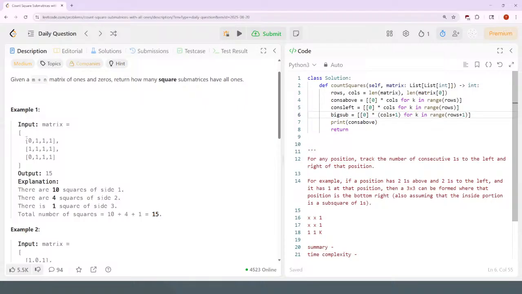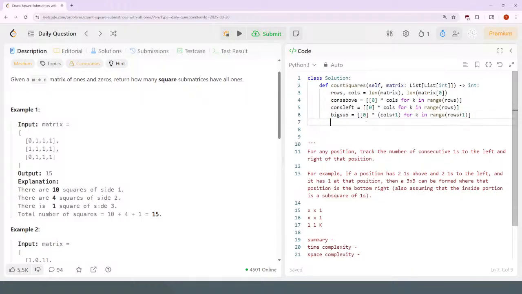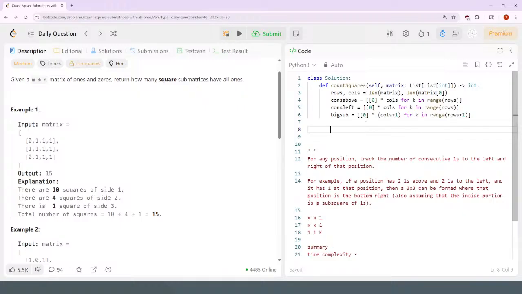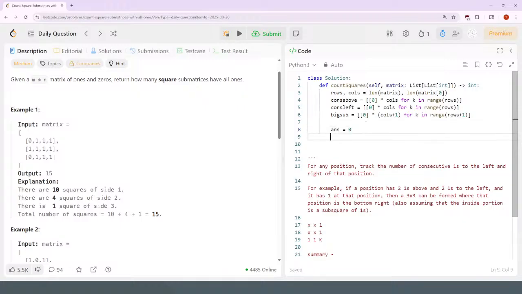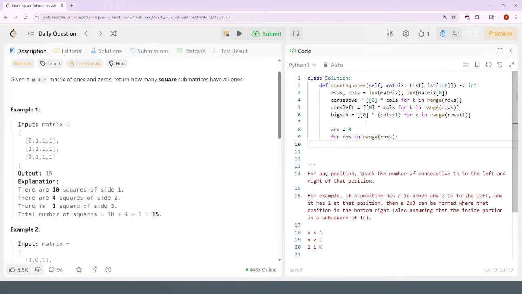So it has to go kind of out of bounds or wrap around. Yeah. So let's say the answer equals 0 for every position in the matrix. So for every row in the range of rows, this is row index, and for every column index in the range of columns,